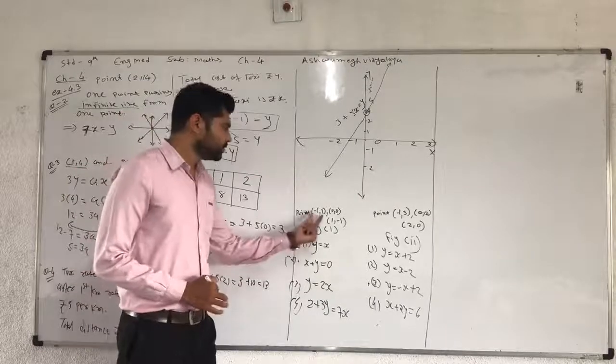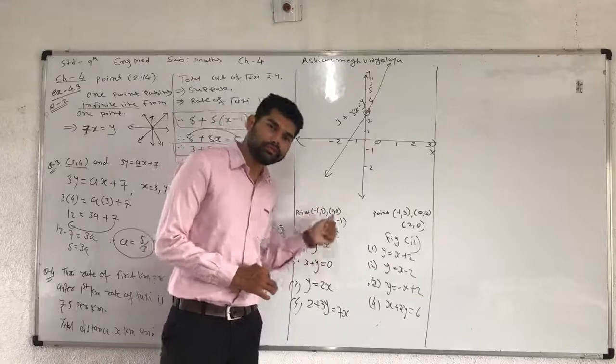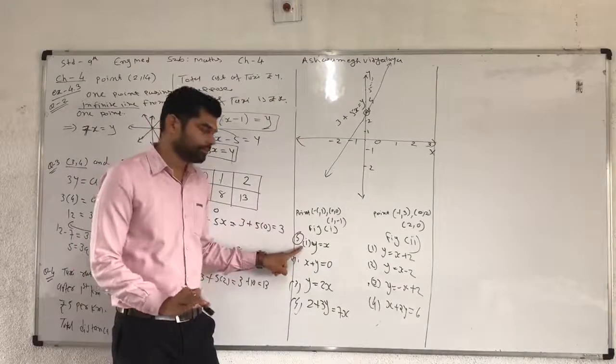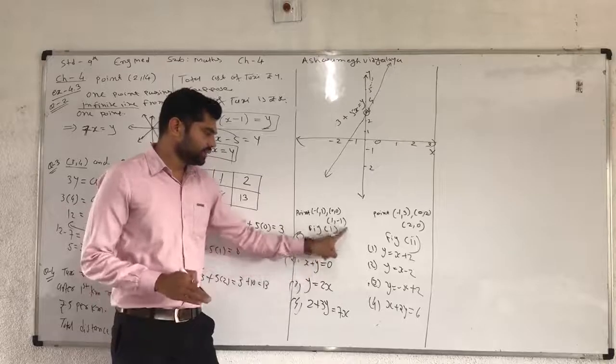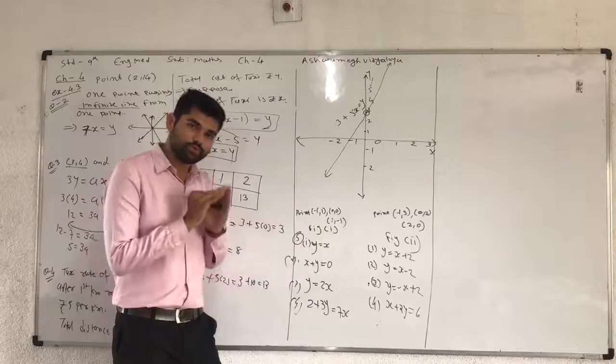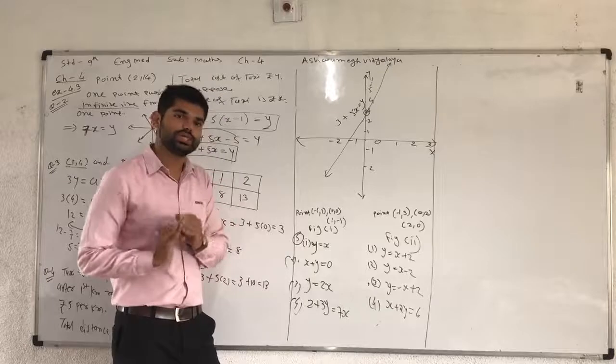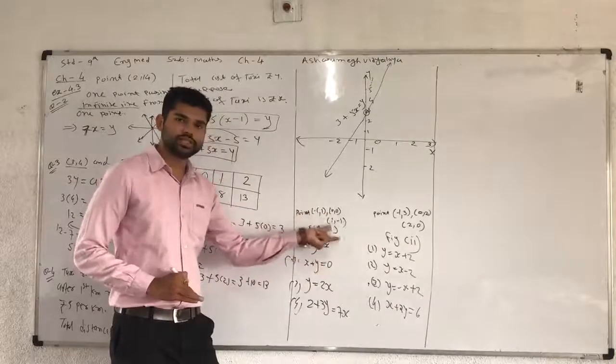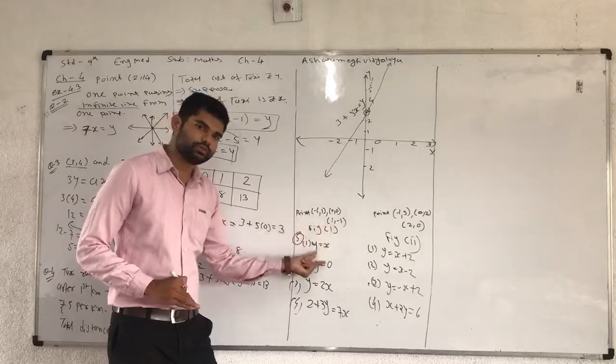It means you can put -1 and 1 in the first equation. The answer will be 0, or the same. 0 and 0, 1 and -1. So the answer will be the same in all cases. Then you can say that these 3 points are a solution of this equation.